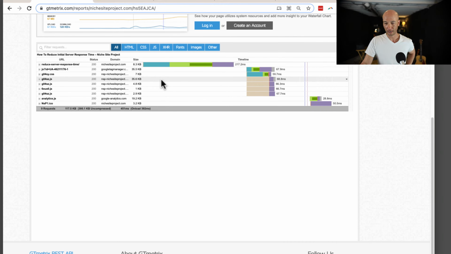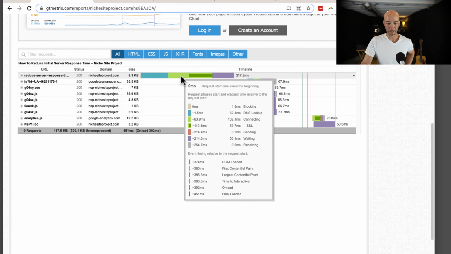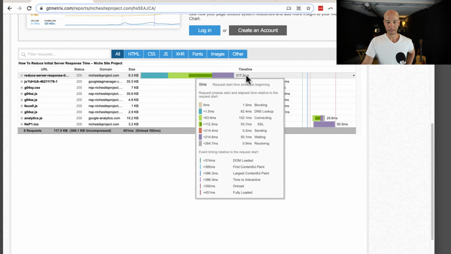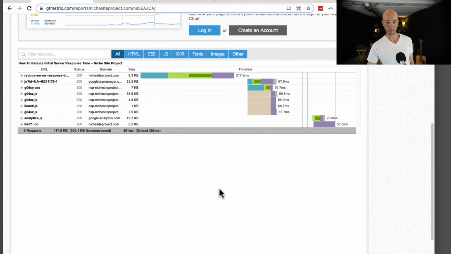So this is obviously very small, but you kind of get the idea what's going on. It's actually smaller than it should be. So here, one of the big things is the server response time, and it's at 217 milliseconds is what it says. And this will vary, and I can't remember the exact metric, but I think it's under 250 milliseconds is what you're looking for. So this is like a tad long, but everything all together here, the whole page loads in